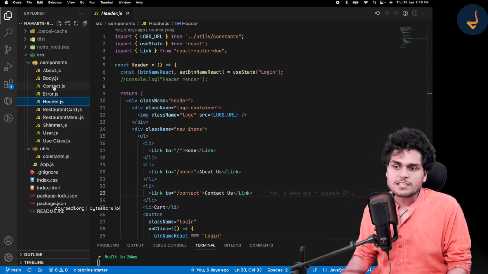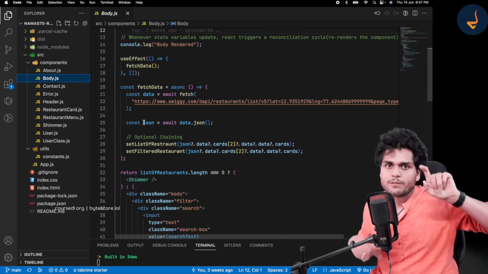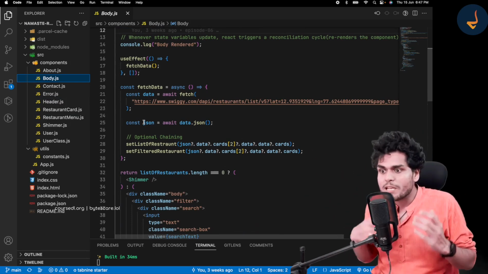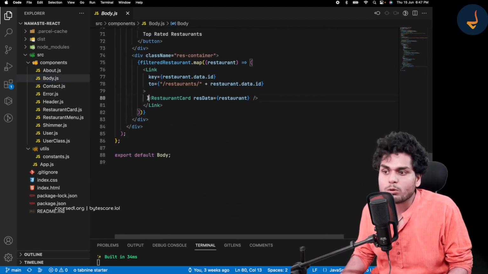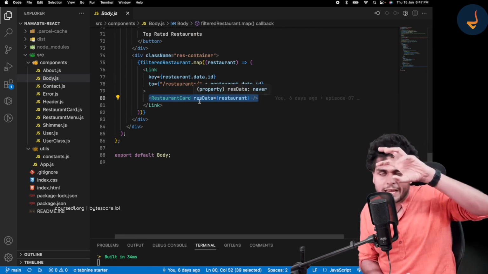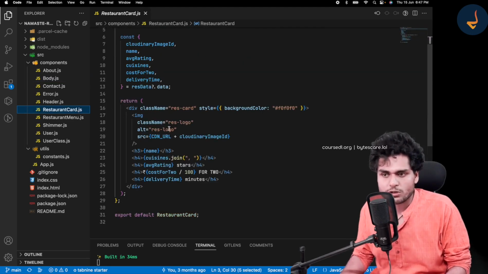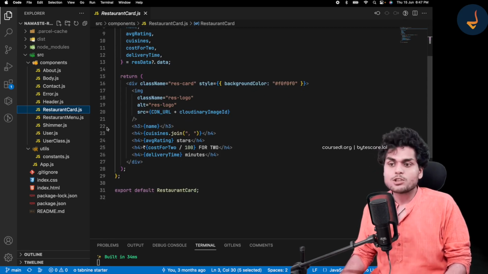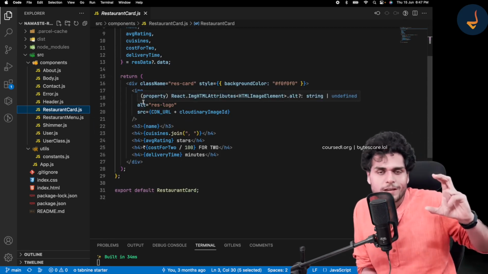So we were just in the body component, remember, we were creating our restaurants, right? We were displaying our restaurants on the home page, right? And then we had a place where we could have written the restaurant card code over here itself. No, but we extracted that code and put it inside a new component, right? Which was restaurant card. Got it? So this is a good way of maintaining the code in a modular fashion, right?